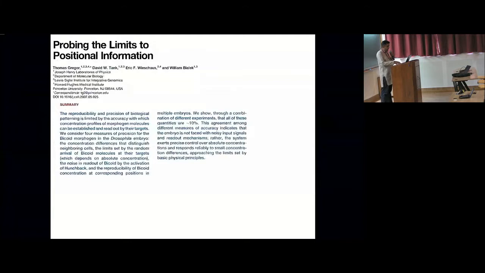Along the same lines, this is much more recent work, I think from 2007 in Cell. This is now moving on to eukaryotes. It's about the Drosophila embryo. We heard a little bit yesterday about early Drosophila development, and we've heard about morphogens and so on. And the question is, how precisely do these morphogen gradients, expression levels, concentration profiles need to be established? This is partly experimental work, and they find that the various noise quantities are all within 10%. I won't go much into this paper, but there are a couple of nice figures from it,